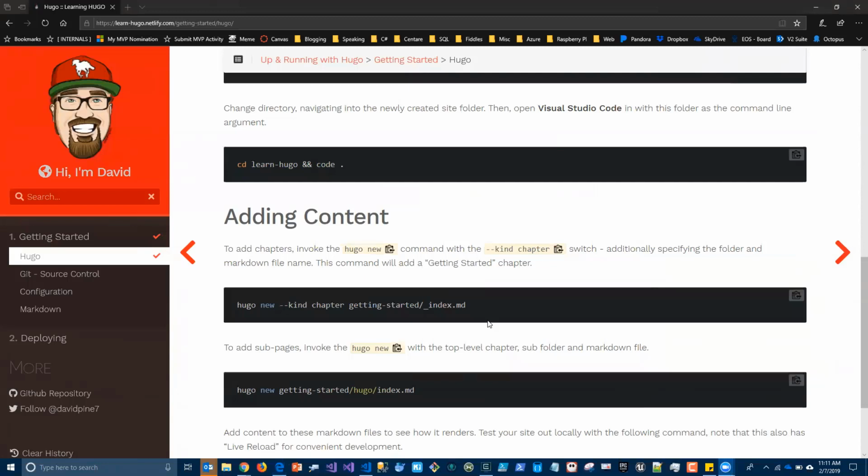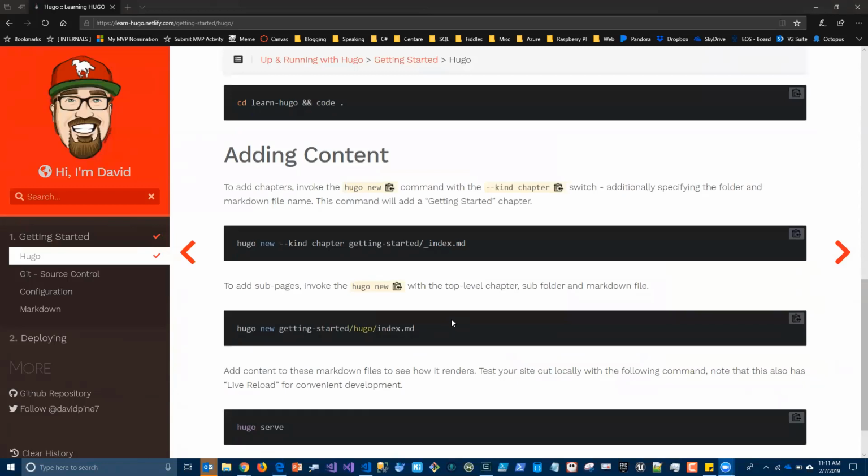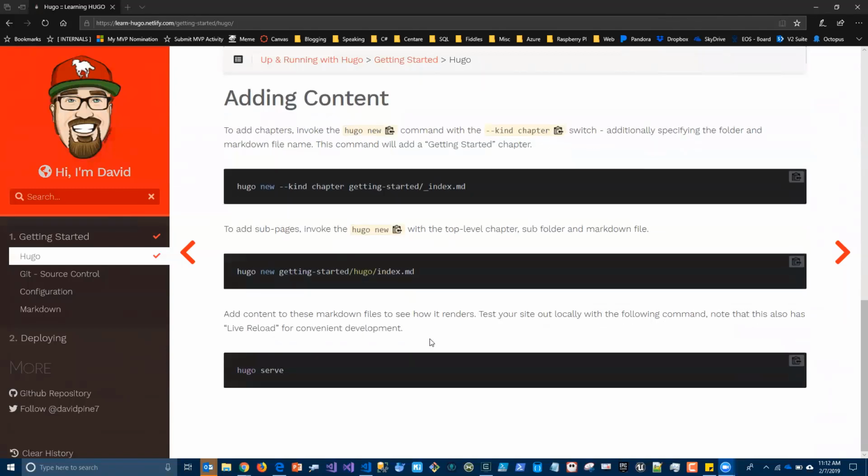So that's the URL for this entirely public site, so you can follow along at your own pace and later on. So now we're going to have this notion of chapters. A top-level chapter is like this getting started here, and then we'll have subpages underneath it, and this theme, which we'll go into more details, will enable that. So once you have those two things, you are free to do hugo serve, and then it will serve up